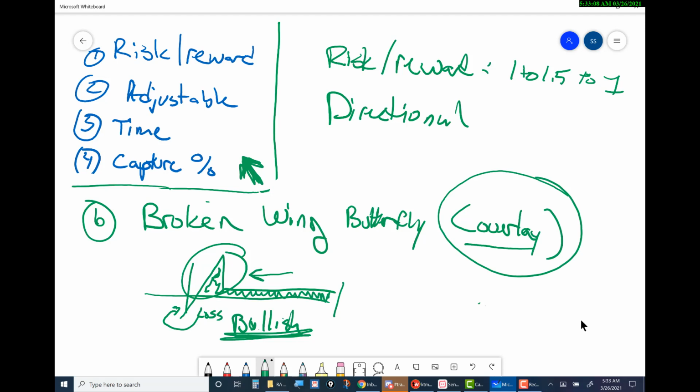We will overlay this trade on top of our existing 0 DTE trade to give us a little bit better delta skew. If we need to skew it a little bit more in a bullish nature, we could do it this way. If we need to skew it a little bit to a bearish, we could just flip that around and do it the other way. But the broken wing butterfly, pretty good risk-reward ratio. It is directional in nature. It's pretty adjustable, fairly adjustable,